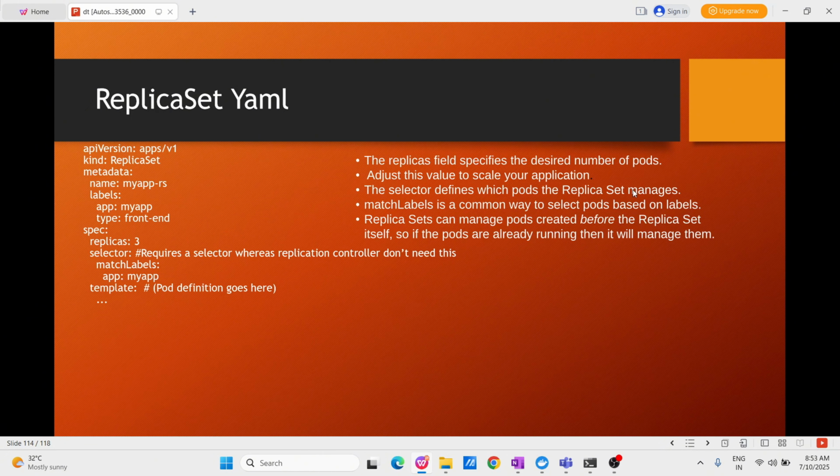The selector defines which pods the replica set manages. Okay. So inside this selector field, whatever labels are assigned to the pod, you can mention over here, and only those pods this replica set will manage. Match labels is a common way to select pods based on labels. Under the selector, the next level field will be the matchLabels, and here you have to specify the key